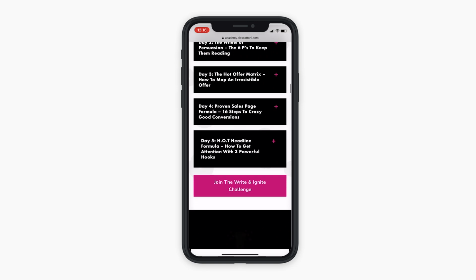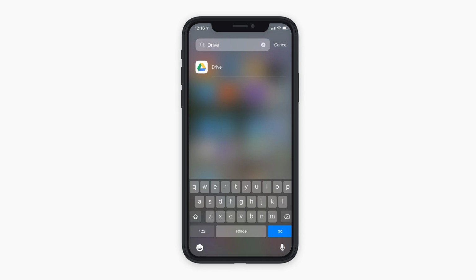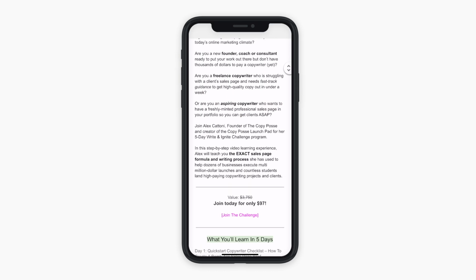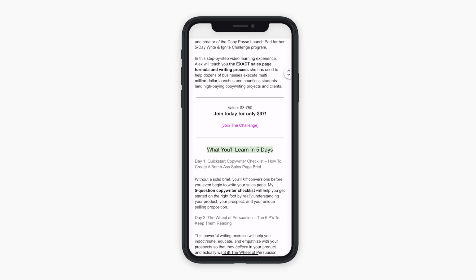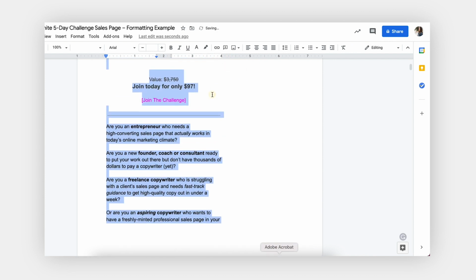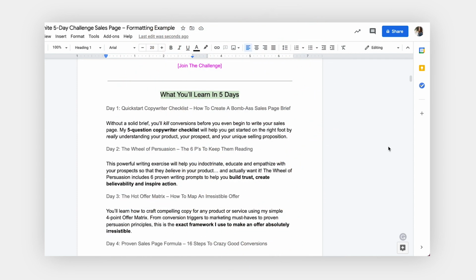So there's actually 2 ways you can check the readability of your mobile version. The first is just to view the document on your actual phone. You can download the Google Doc app and open the document directly on your iPhone and give it a once over. Or you can do the margin trick. Just change the margins of your document in the Google Doc on your desktop. I usually go to 4 or somewhere around the midway mark to get an idea of how this might look on mobile.